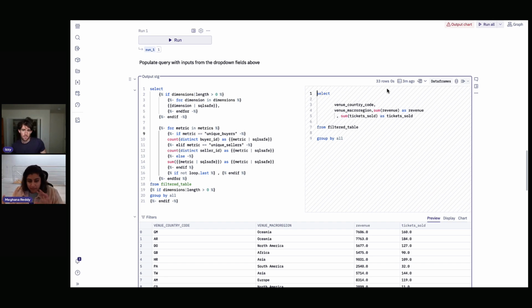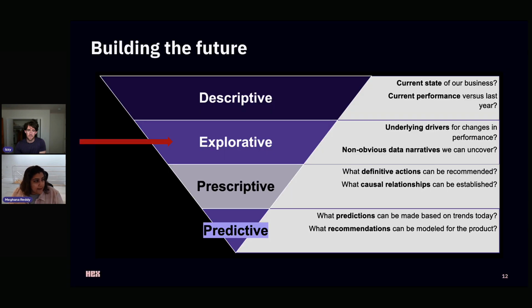So when you go in and take a look at this, I would say this cell is really the main thing that you'll probably find interesting, because this is really how we're able to dynamically generate this query text. Anyway, I'll pause there. There's more to the notebook and how it works, but I encourage you all to explore that on your own. And with that, we're going to jump back over to the deck.